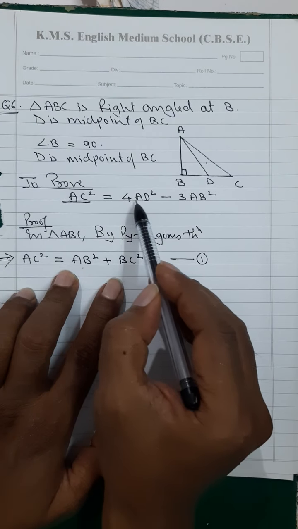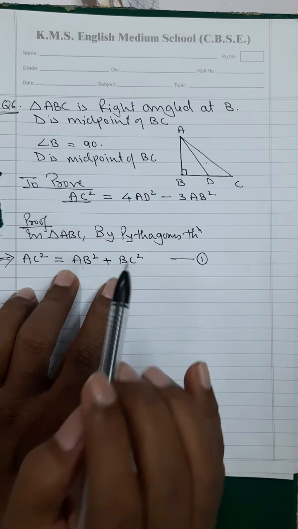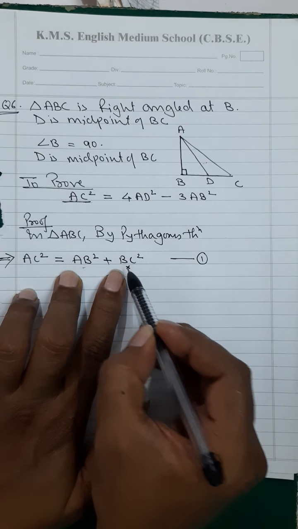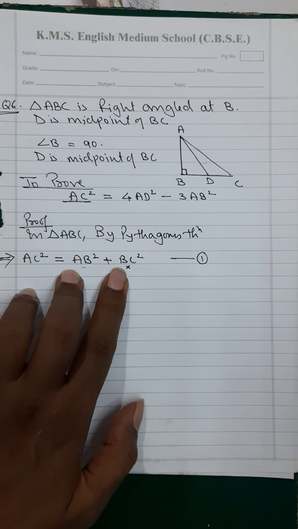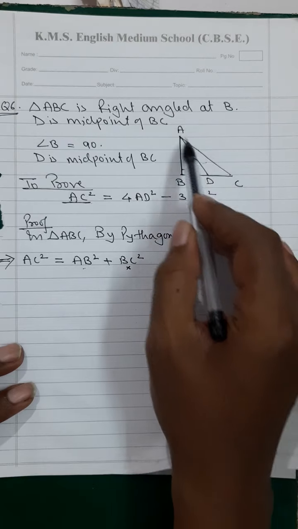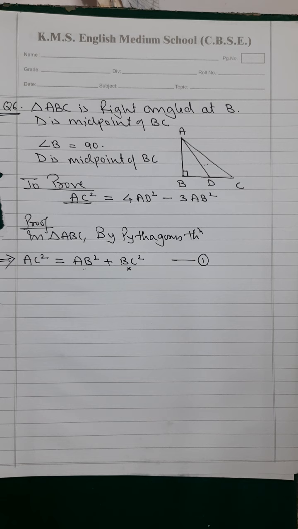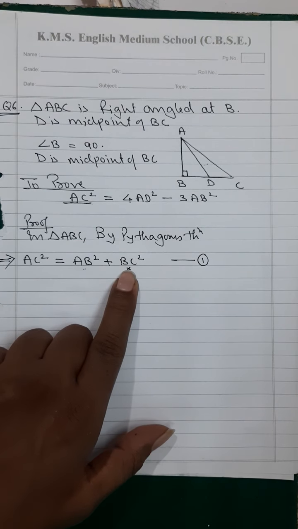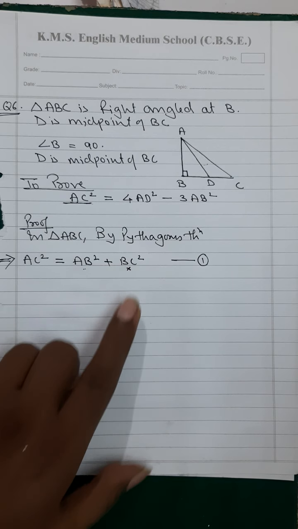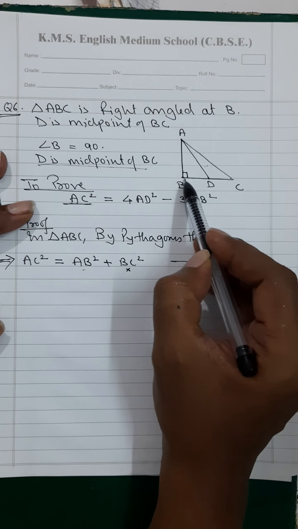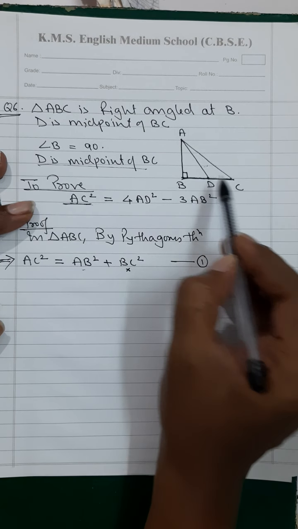See, AB square, do I require it over here? If I compare the right hand side, yes, AB square I require. So this I am not going to touch. BC square I don't require. So I will have to find an expression for BC square. If I do that, again I will have to apply Pythagoras theorem in triangle ABC. That is not allowed. You can't apply the same theorem in the same triangle 2 times. So once I have applied Pythagoras theorem in triangle ABC, I can't apply it again to find BC. So what will I do then? They have given me one more property: D is the midpoint of BC. So BC can be converted to BD also and DC also.